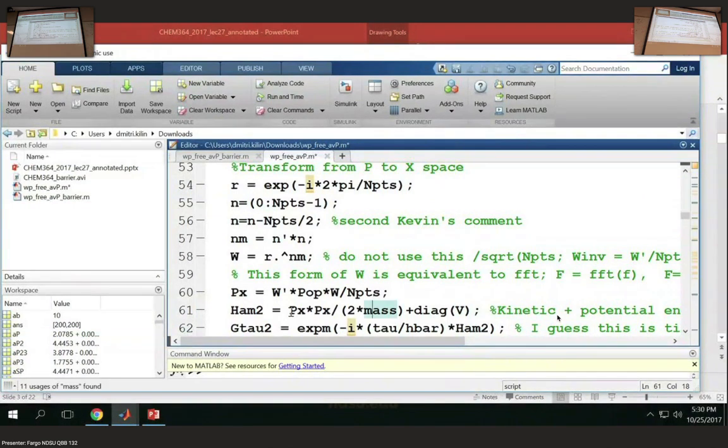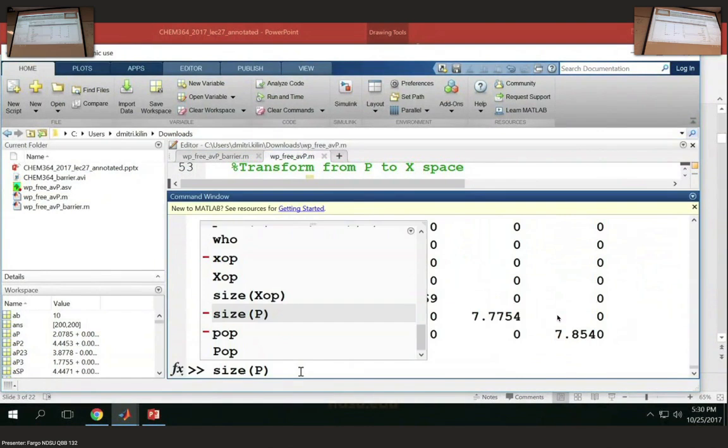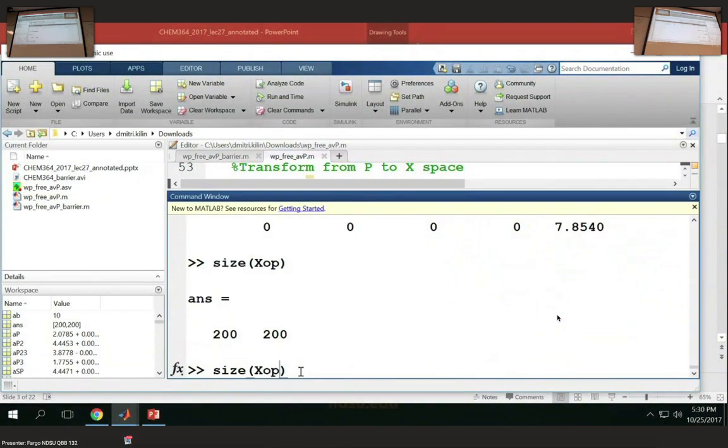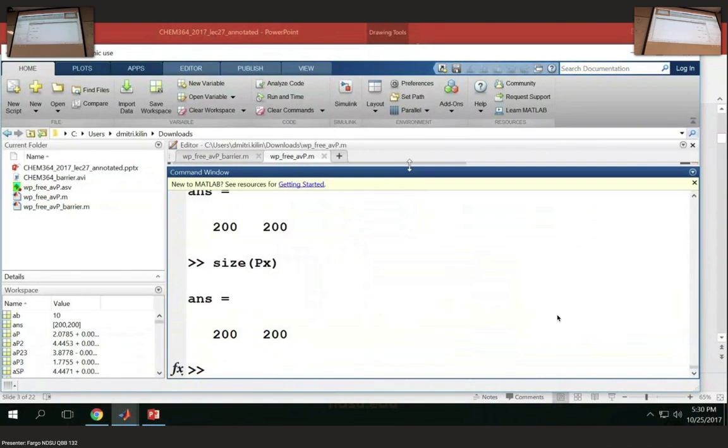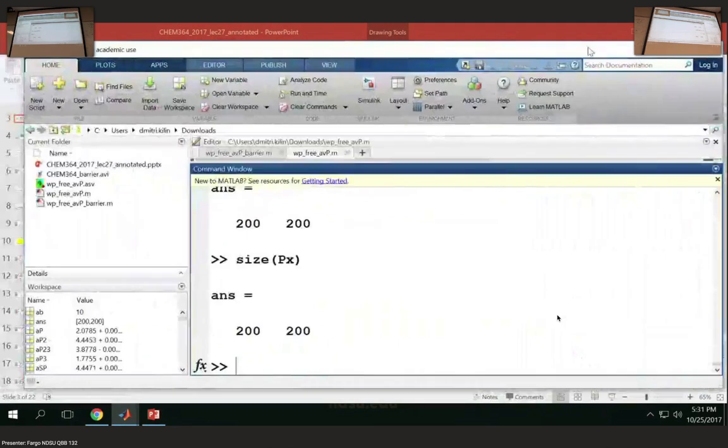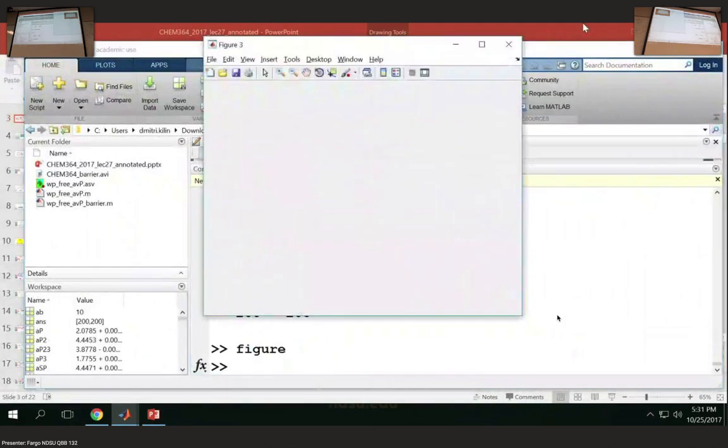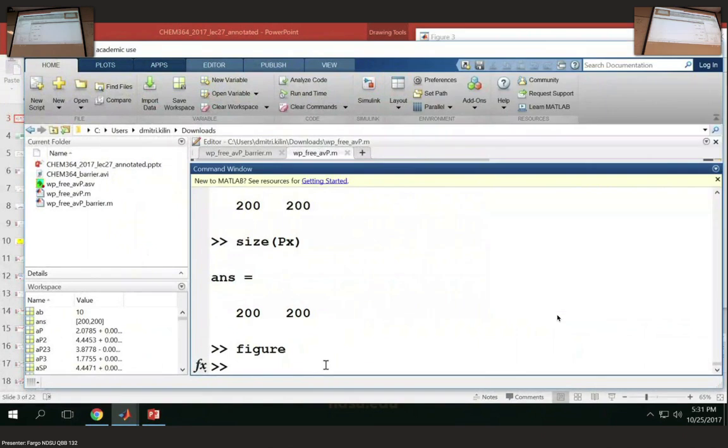Okay, so the second Ham is the Hamiltonian operator where P, the momentum operator, is defined in the X space. So we are going to explore two things, the X operator and Px. They are, as you see, of the same size, right? Both are square matrices 200 by 200, which means we are allowed to multiply them. So I may open a figure, and before starting, I may do bar3 of